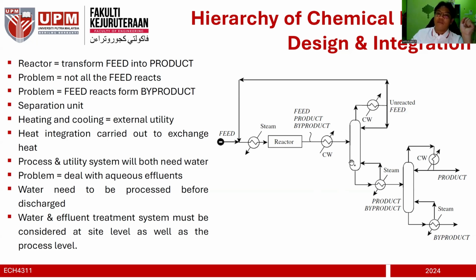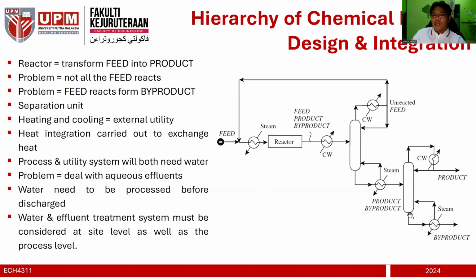So that's why the second thing must be a separation process. In these examples, you have a separation system here to recover the unreacted feed and send it back for the cycle, and then the product and byproduct undergo a second separation process to separate product from byproduct. Also, your reactor often operates under elevated pressure and temperature, so you need something to cool it down or heat it up, or to increase pressure, right? A compressor or pump, something like that.